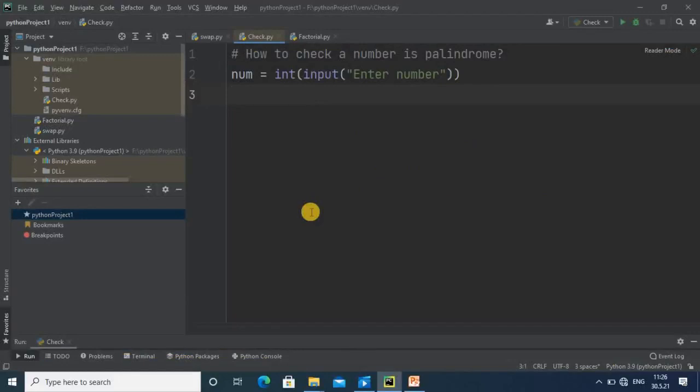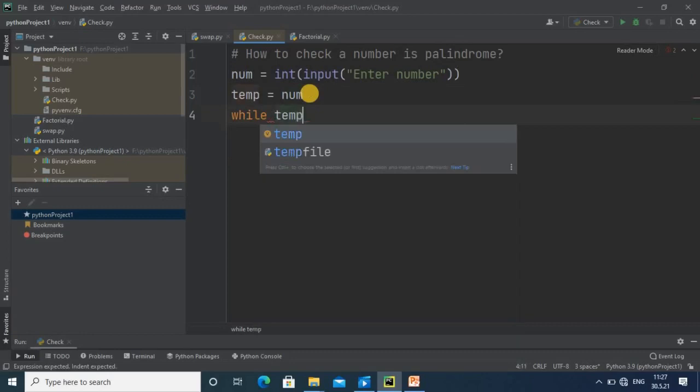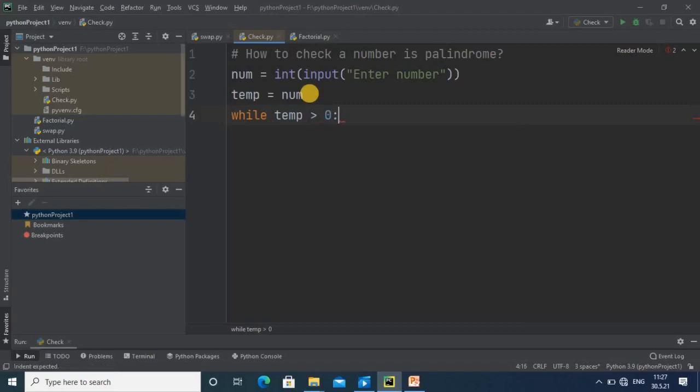So now here we are in the PyCharm editor, and here first user will enter the value. For that we are using num variable, and we have to assign this variable to the temp variable, because later on in the program we are going to use this num variable in the comparison process. And for completing tasks we need one looping statement, and there we will use temp variable in place of num variable, so that value should be greater than 0 whatever the user is entering.